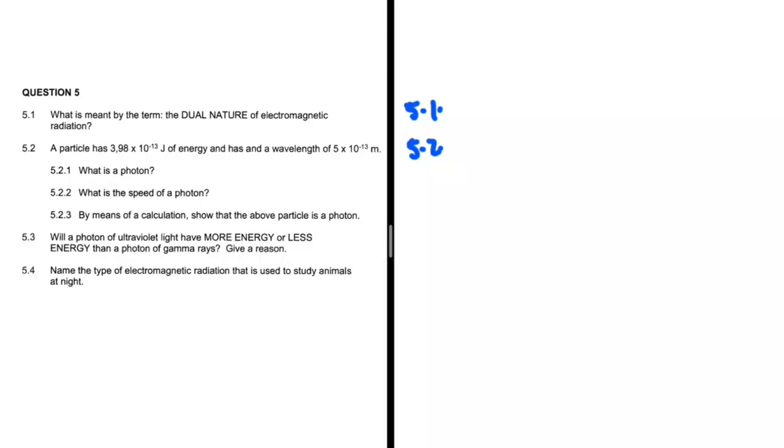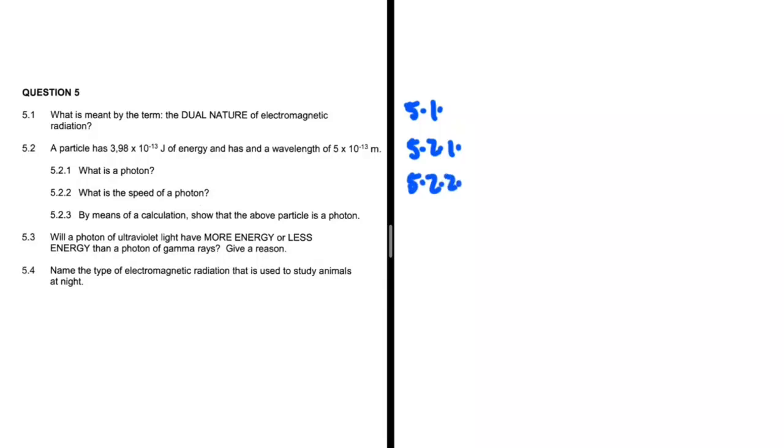The first question, 5.2.1, what is a photon? A photon is an energy packet. It's a quantum of light. That is the answer to 5.2.1. Let's go ahead and take a look at